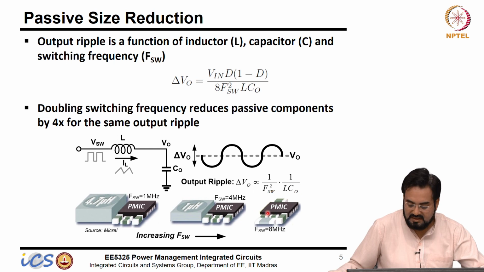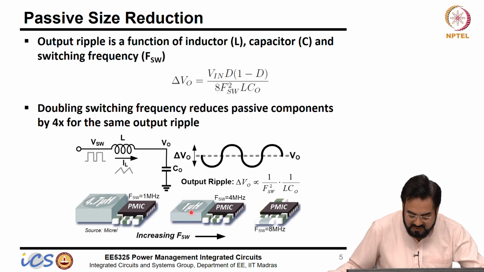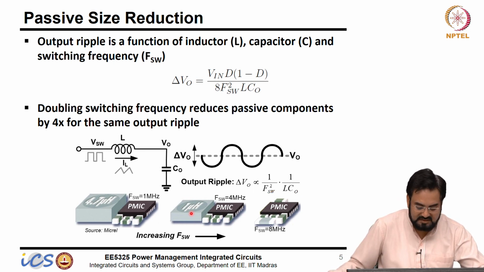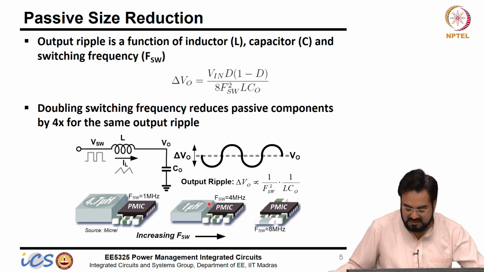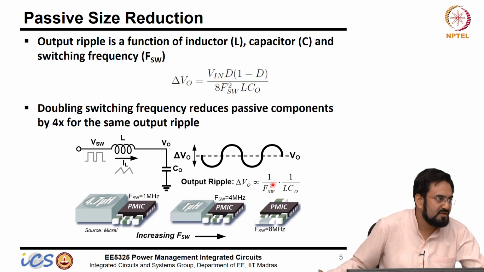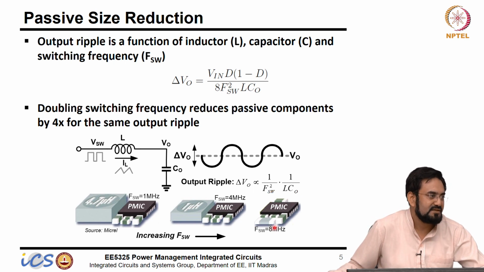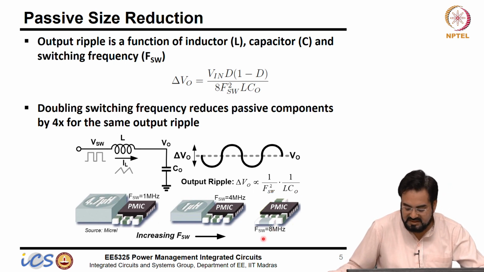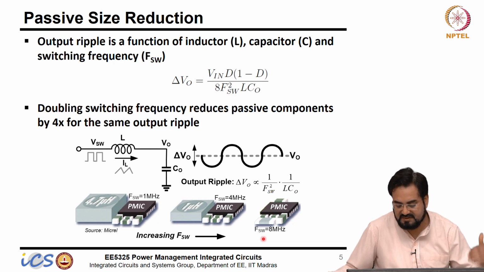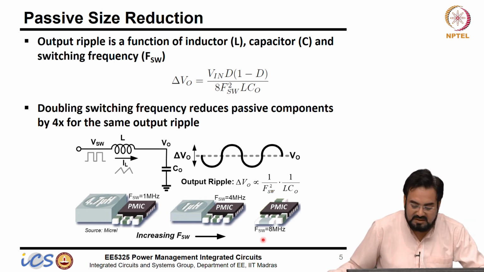And once you go to 8 megahertz, you will be using maybe 0.25 or half a microhenry. I think 1/4 most likely. Every time you double the frequency, basically you can do 1/4 of the inductor size. So at 8 megahertz, you can hardly differentiate between your capacitor and inductor. So that's the reason we want to push our switching frequency as high as possible, so that we can achieve a smaller passive size.